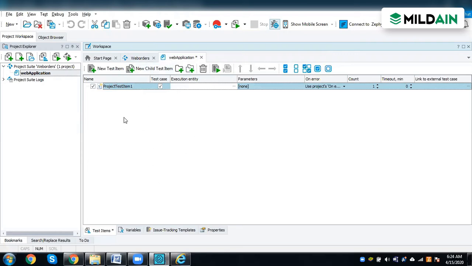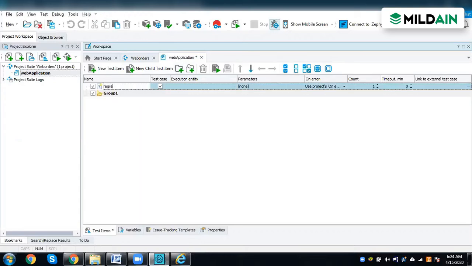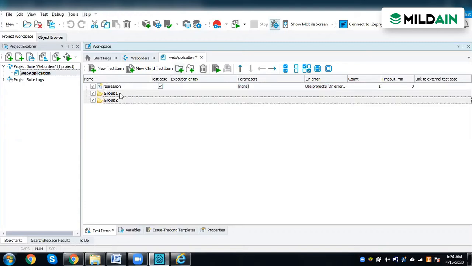To organize a number of tests, assuming you have a regression suite, I will create a specific folder for the regression suite, and then I'll add the test cases I want under it. And say, for example, I want a smoke suite, I'll create another folder for the smoke suite. So this is the regression suite. Say this is my smoke testing.